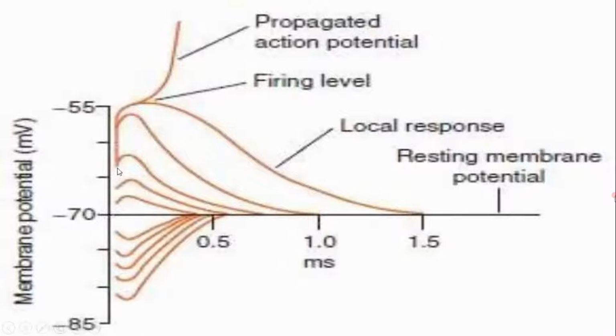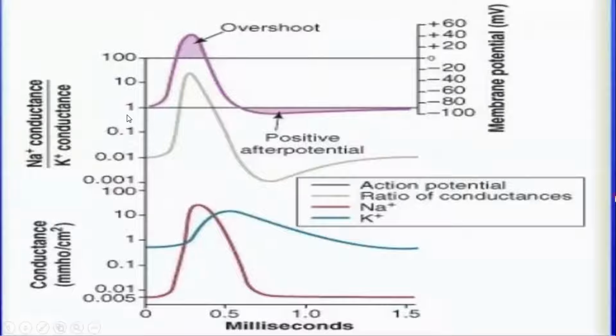For the next 7 millivolt, this is known as the local response. Here, the channels have opened and the membrane has started participating in the process. But for generation of an action potential, we need a critical number of sodium channels to open. Here, the critical number of sodium channels have not opened till now. At minus 55 millivolt, what happens is the firing level. You have applied a threshold current.